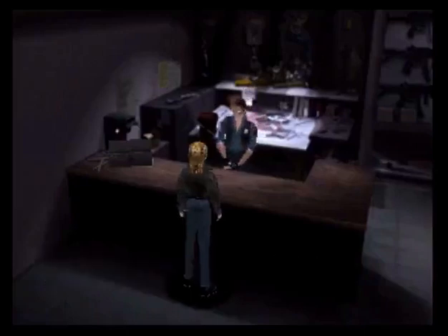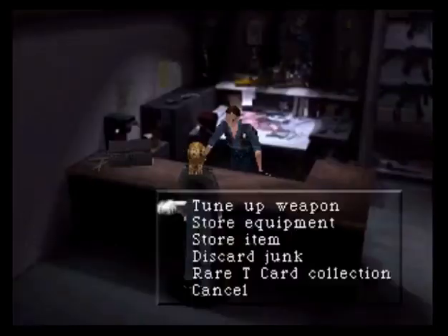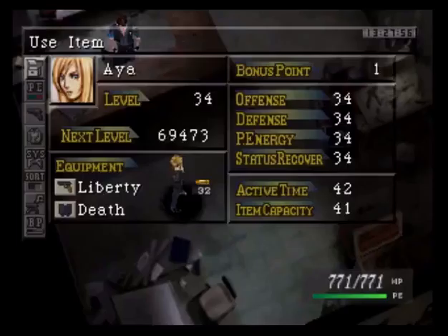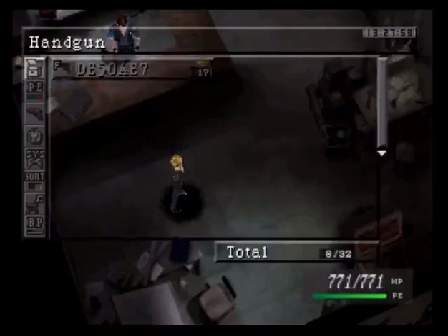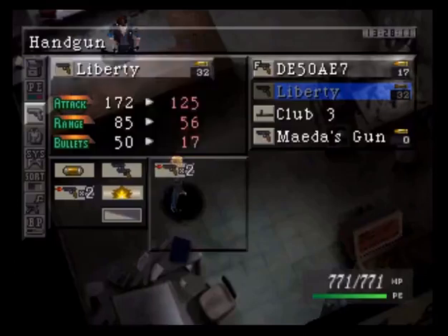Yes, I have the Deagle! Base attack 125. Now, hold on a second here. Let me just go cancel and use item. So, I have the Deagle here. Actually, Liberty has a base attack of 57, base range of 58, and base bullets of 12. The Desert Eagle has a base attack of 123, base range of...